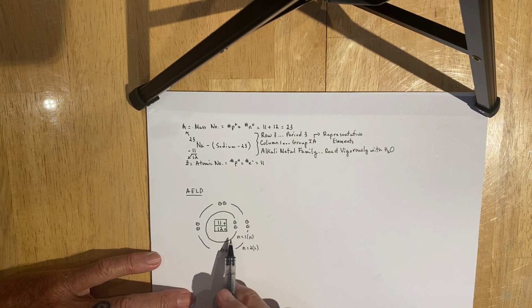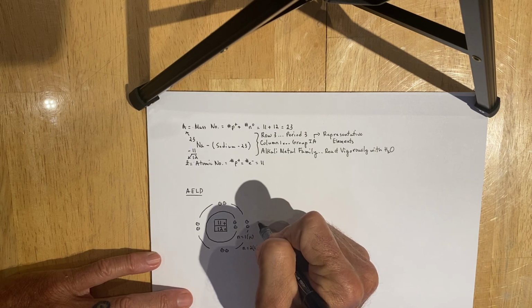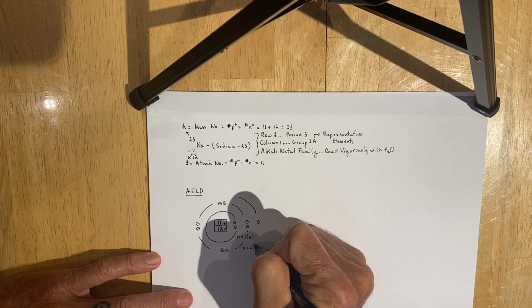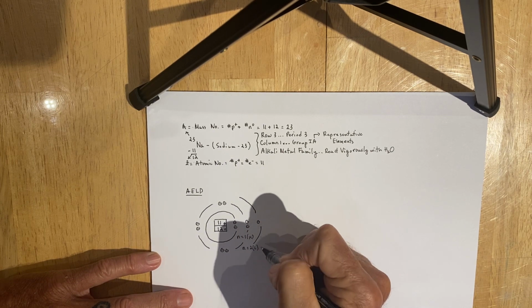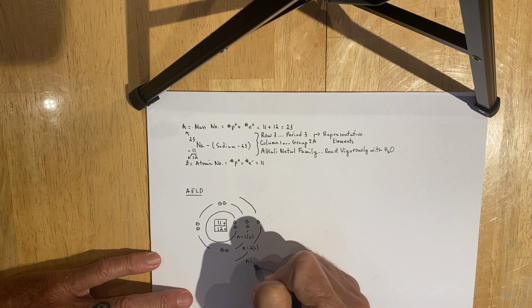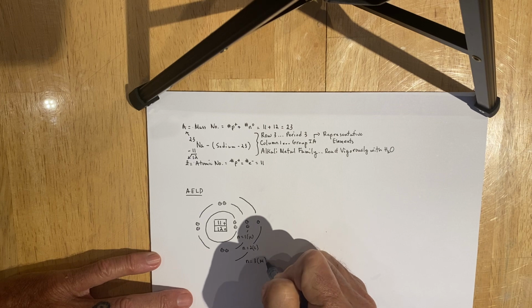So therefore we can safely say the first energy level is filled, the second energy level is filled, and then we go to the next lowest energy level by the Aufbau principle, which would be the third energy level, which has just 1 electron. And we say that that energy level is the n equals 3 energy level, or the M shell,